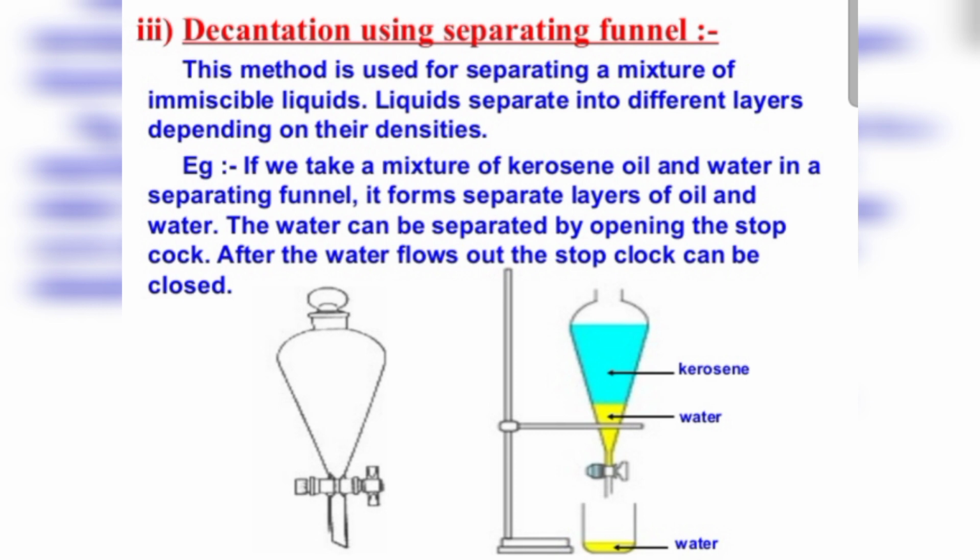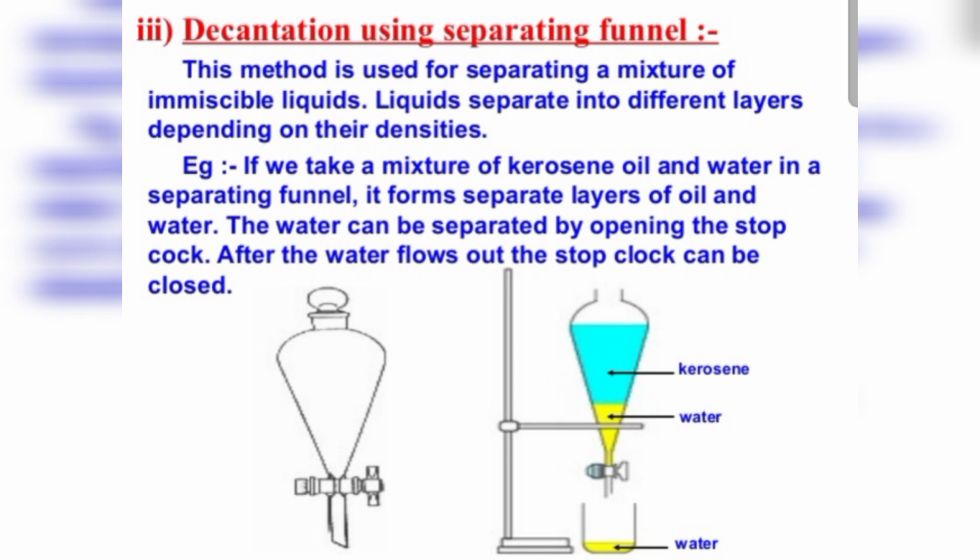What we will do is first pour the mixture of kerosene oil and water into a separating funnel, as you can see in the figure. Then shake it well. Then let it stand undisturbed for some time so that two separate layers of oil and water are formed. Now we open the stopcock of the separating funnel and pour out the lower layer of water carefully into a beaker. Then close the stopcock as the oil reaches the stopcock. Water, being heavier, collects at the bottom and oil, being lighter, goes to the top. By this method we can separate two immiscible liquids.